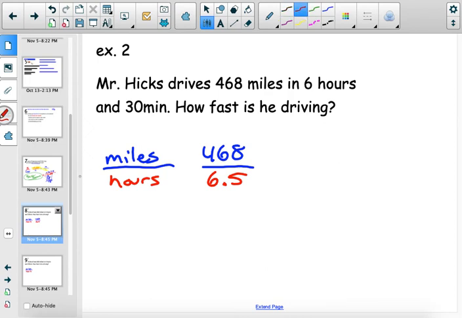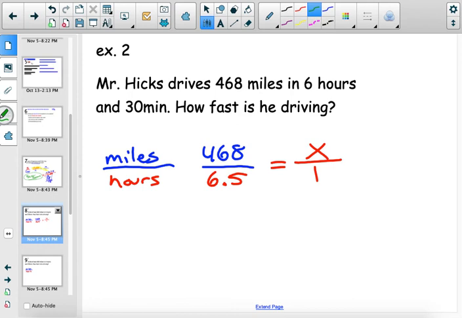Because when you think about unit rate, you want to know how fast he's going in 1 hour, right? So where am I going to put 1 at? On the top or bottom? 1 on bottom. All right, what am I going to circle? What are the two numbers I know? Tiffany, what are the two numbers across from each other? Do you know both of these? Which one don't you know? You don't know the X.